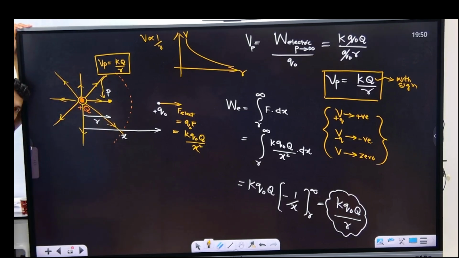Here, done. So we understood potential. We understood potential is basically the line integral of electric field. We understood potential due to a point charge is basically KQ by R, and we understood how it varies also. So we have heard about potential difference also. What is potential difference? Difference in potential between the 2 points. Simple. It is the difference between potential of 2 points. We have nothing else.